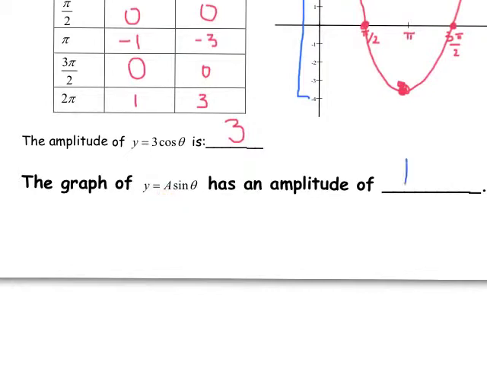So the amplitude we denote with letter A. All right, let's go on. Sine function, some of y'all graphed a cosine function. So let me just review that really quickly. So sine of x. Now, if we're graphing y equals sine of x,